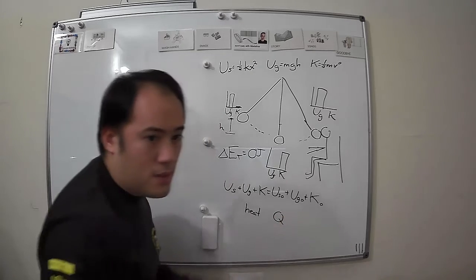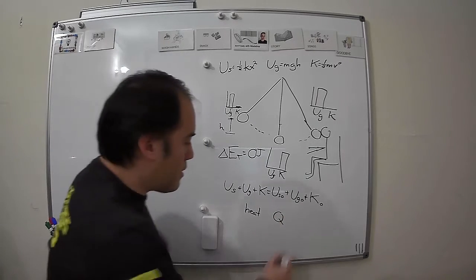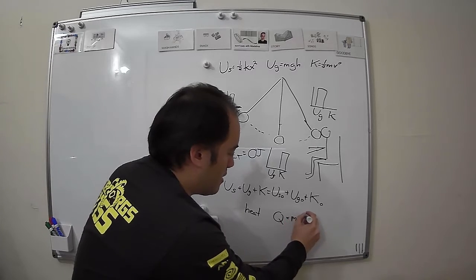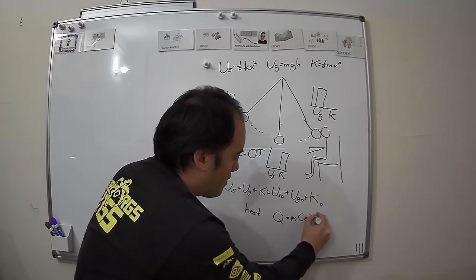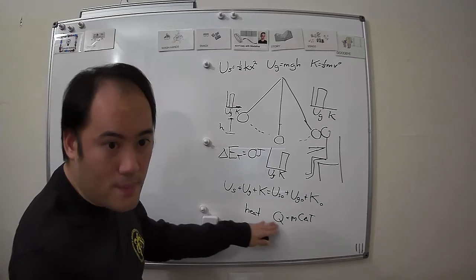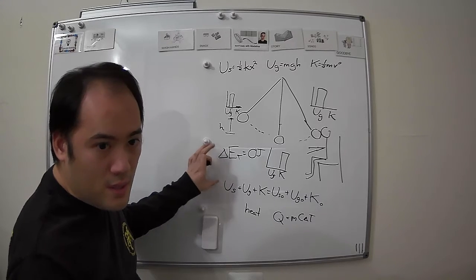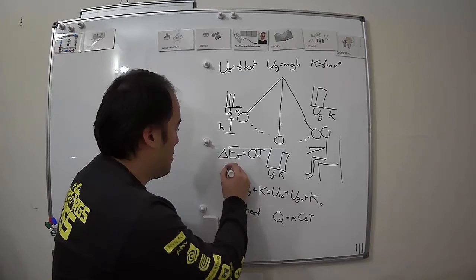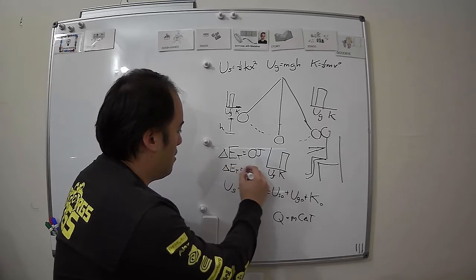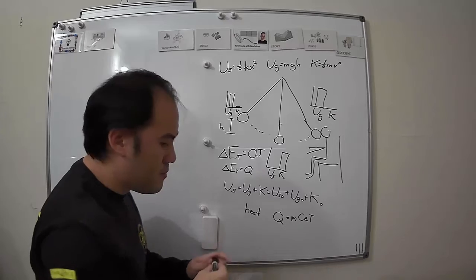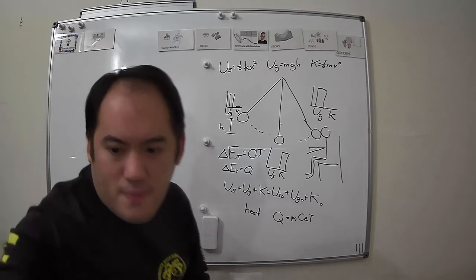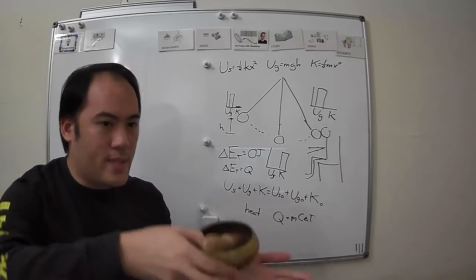And the symbol is Q. If you took chemistry and you learned MC delta T, MCAT, same Q. Q is heat. So this is for when energy is conserved. When it's not conserved, equals Q. If I have like a Tibetan singing bowl and it slides down a ramp,